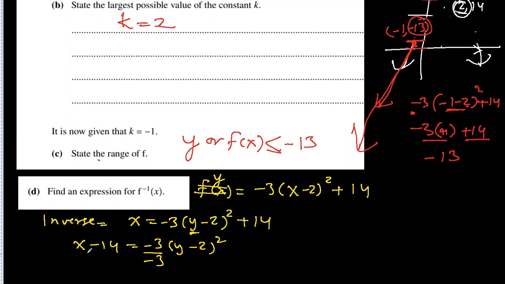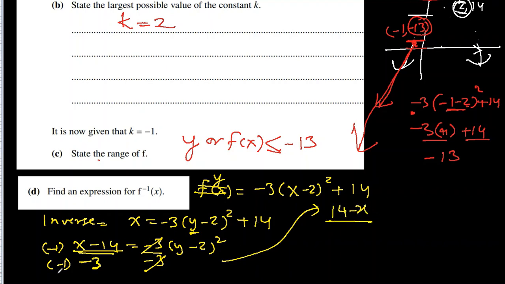Now we'll have to get rid of this minus 3 by dividing both sides by minus 3. They cancel out. Our denominator negative is not good looking. So what can I do? I can multiply this by minus 1 and this by minus 1, up and down, so that things become positive. So let me continue it here. When minus 1 multiplies with x minus 14, they will change their places. So it will become 14 minus x, and obviously minus 1 times minus 3 will be positive 3. And here we'll have (y minus 2)